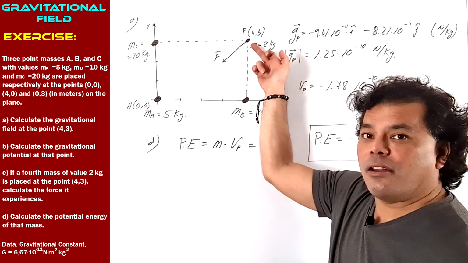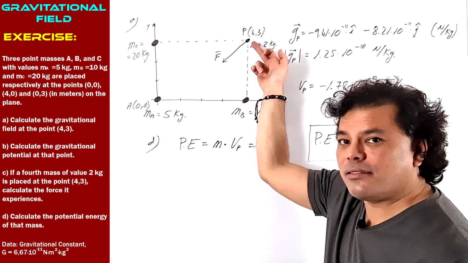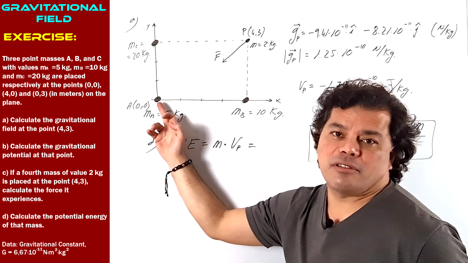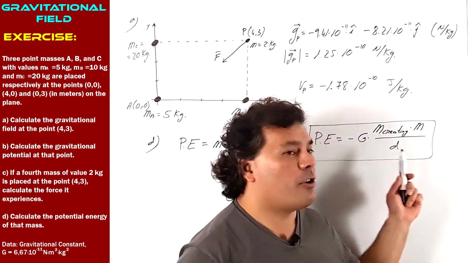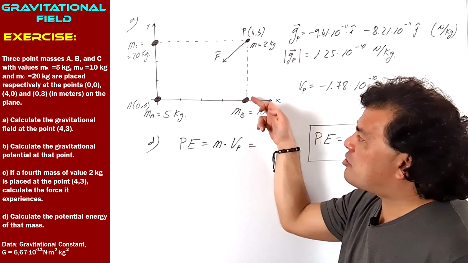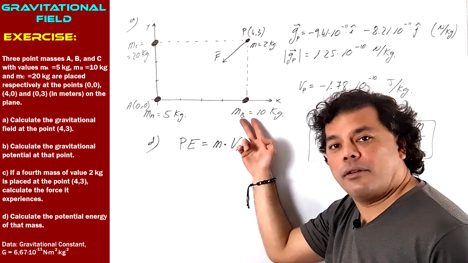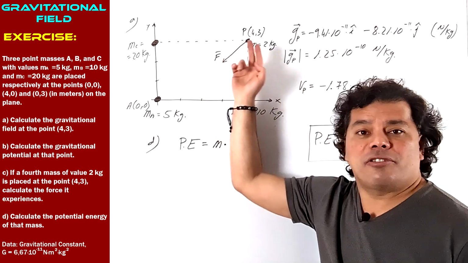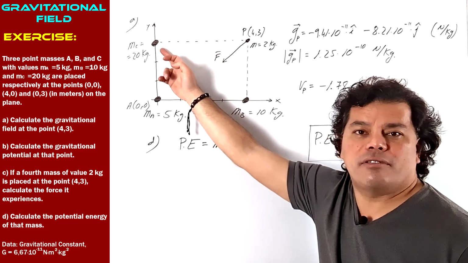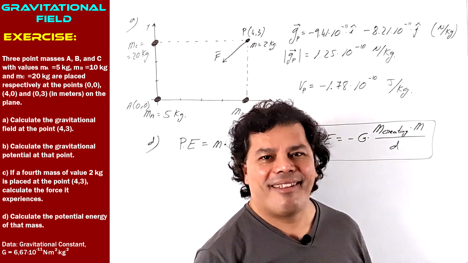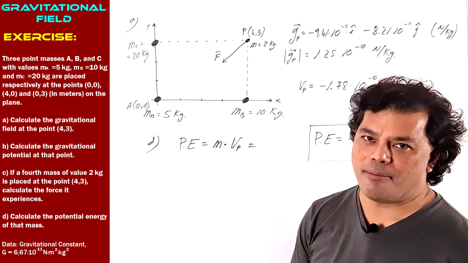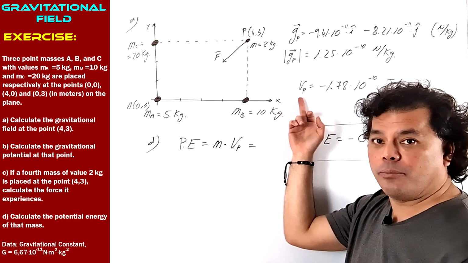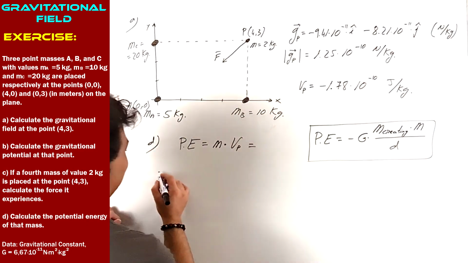You could calculate the gravitational potential energy that this mass has by calculating the energy due to the presence of this one, using this formula, then due to this other one, and then due to this mass, and add the three results up. But as we already have the gravitational potential at that point,